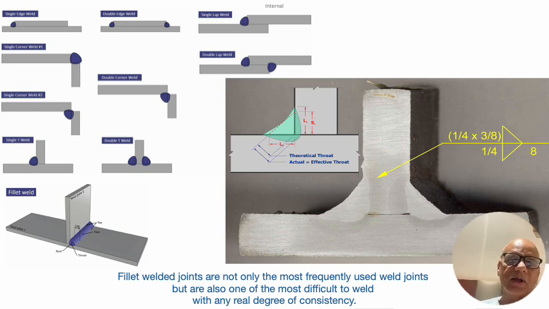The resultant of that will give the actual throat, and that is what is going to carry the load and the stresses between the vertical member and the horizontal member. So we are going to see how to deposit this weld in a proper manner, and how we ensure that we achieve this throat